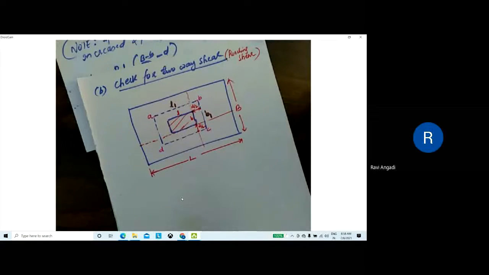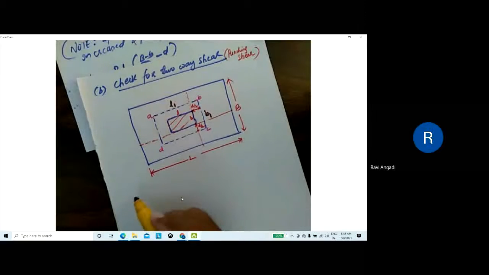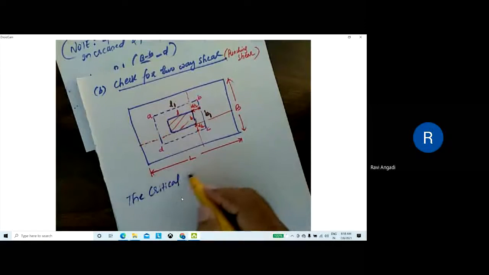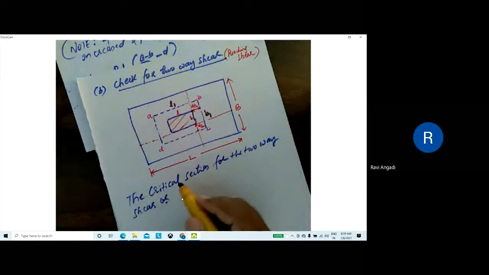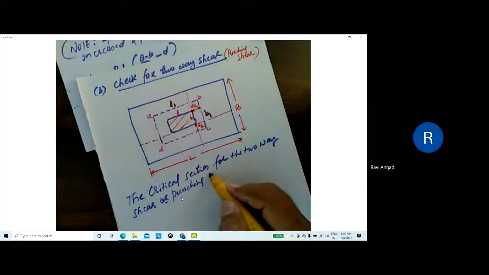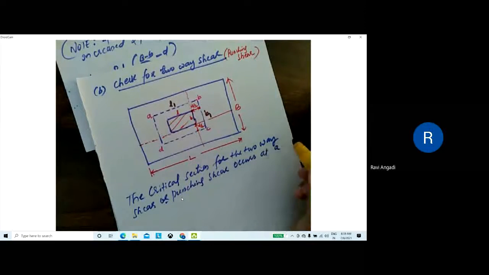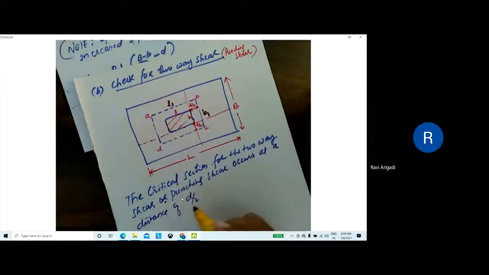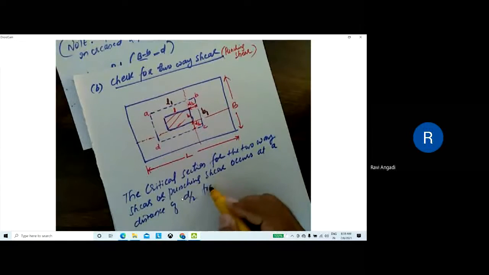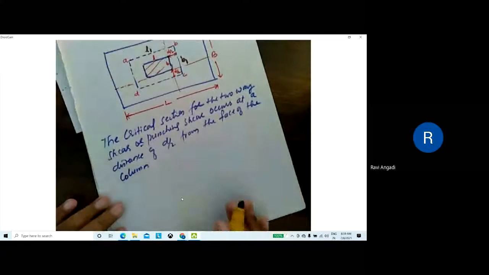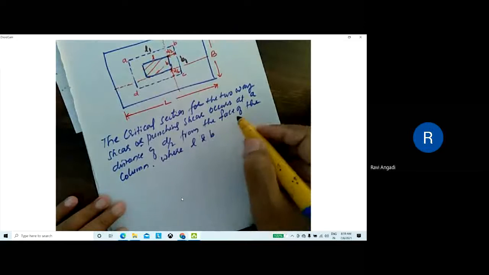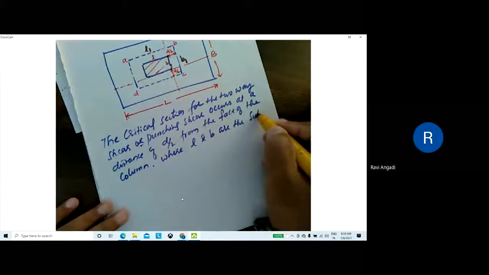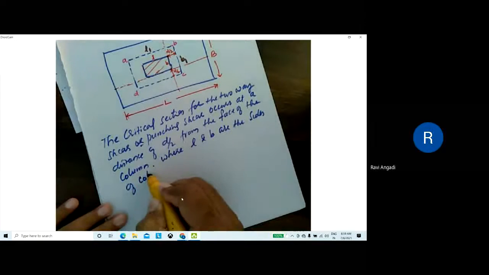Here you make one statement: the critical section for the two-way shear or punching shear occurs at a distance of d by 2 from the face of the column, where small l and b are the sides of the column.